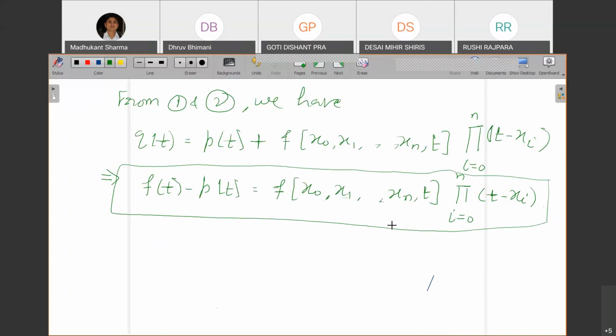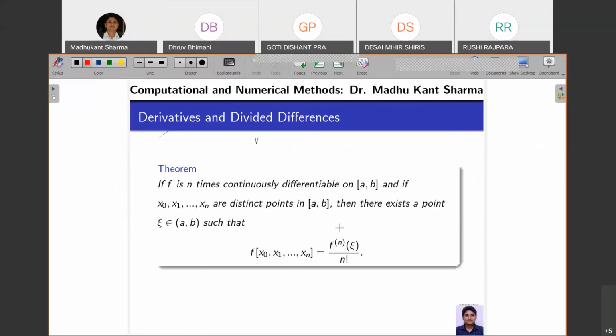So we have left out Mn plus 1. So capital Mn plus 1 we need to estimate now. We need to get an approximation of this, since many times you may not be aware of the function, but you can estimate approximately so that you can decide what will be the error in the derived interpolating polynomial from the original function. So for doing so, you have the following result here,